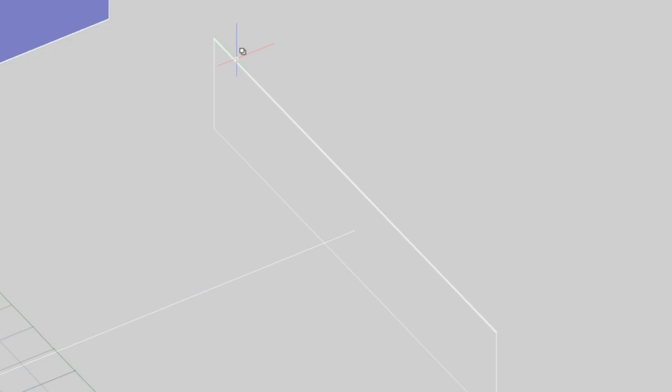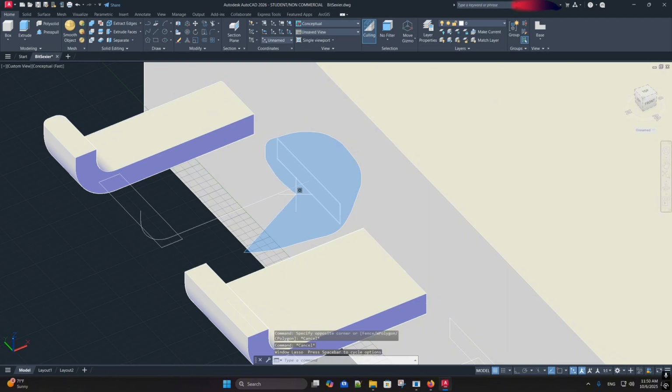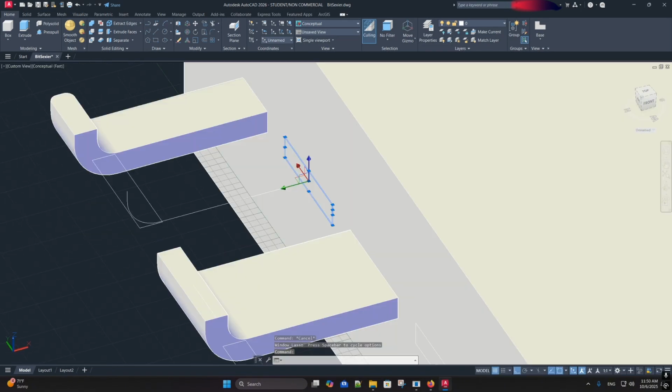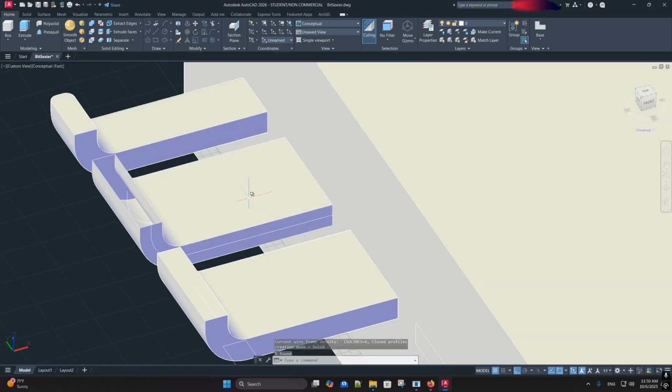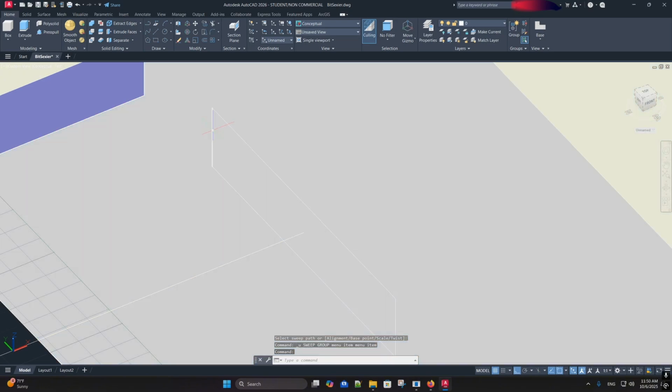Well, as you can see here, none of these lines are interconnected. They're all separate lines, and that could be your problem, because if you just select the entire square like that and then try to sweep, it'll be hollow. So the thing that you need to do is just use the join command, or J,